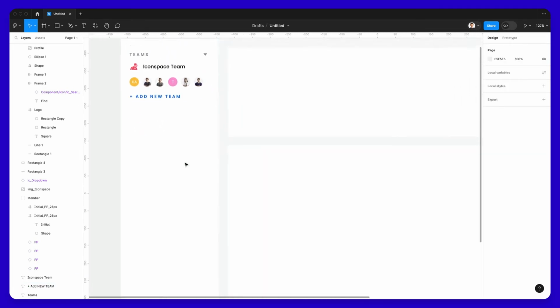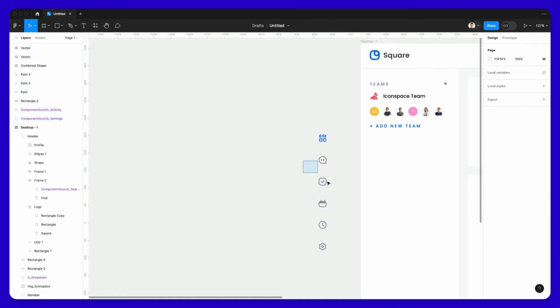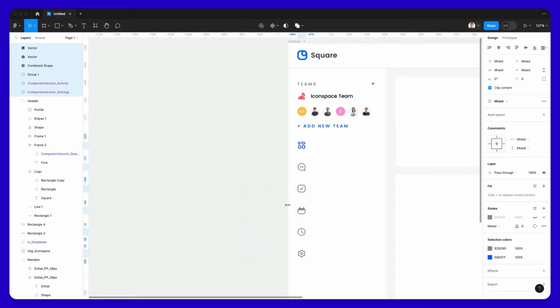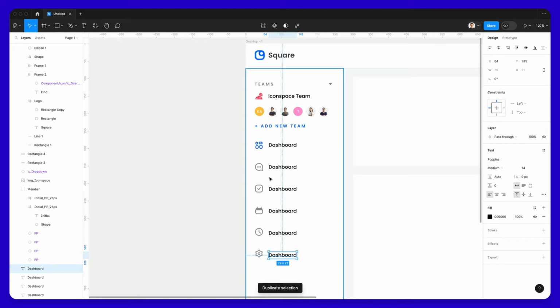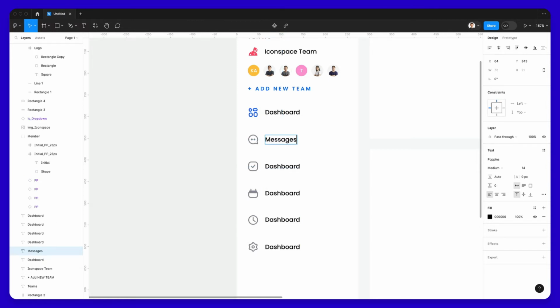Cool. So the very next element that we're gonna integrate is going to be the side menu, and I'm simply going to go ahead in the original and grab just the icons, since these are nice SVGs that we can leverage, of course. And next to these icons, we're going to add the text. And I'm using Command D in order to copy this text in an easy and fast way. All right, dashboard, messages, project, schedule, activity,